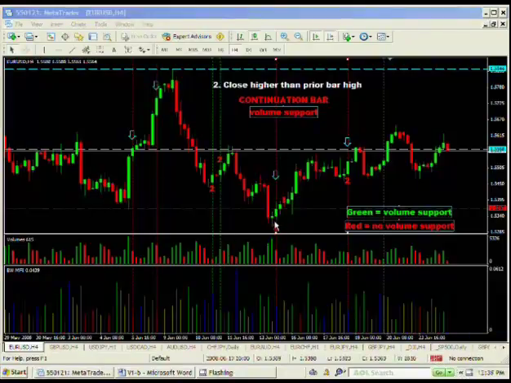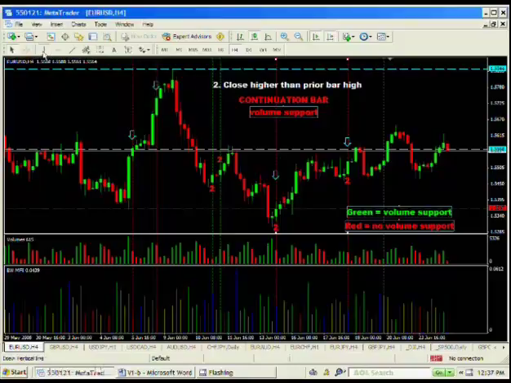And now that we've established where the operators are and what they want to do, we know that they want to bring price up. We then ask ourselves, where is the public? We know where the operators are, but now where is the herd? Because as we already know, price moves against the herd. Well, when we look for the herd, we find them right